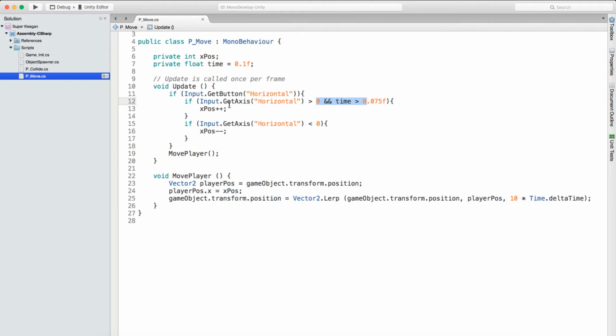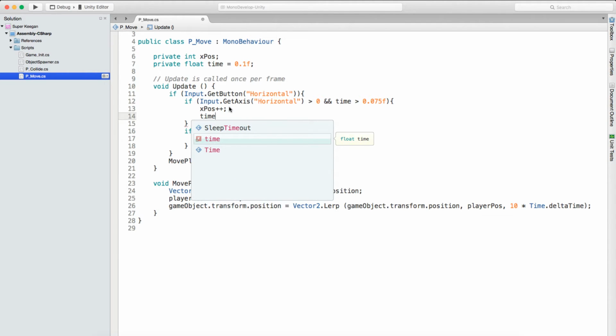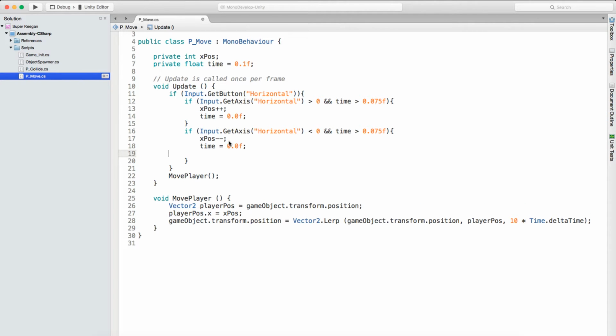All we need to do is change this to time equals 0.0f. Cool, and then we can just copy this part here and chuck it in here, and chuck this under here,